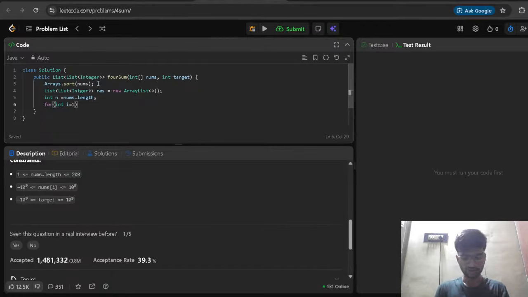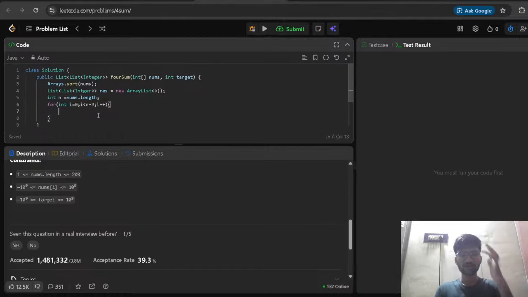Okay, here we declare 0. Next i less than or equals to n minus, here we can give 3, i plus plus. Now here we will check another condition. If i greater than 0 and numbers of i